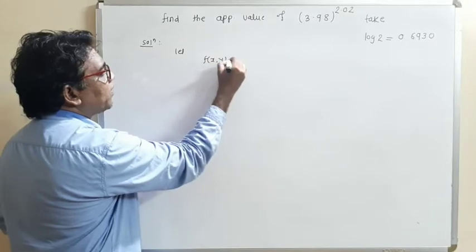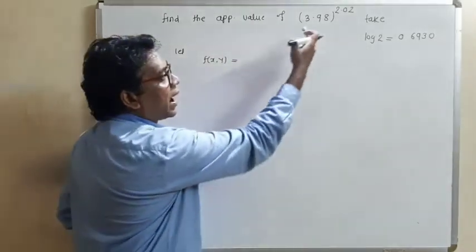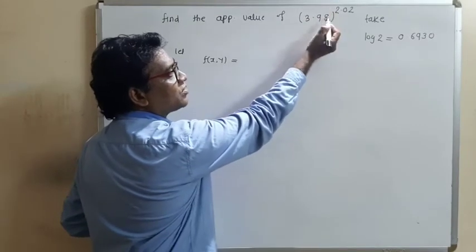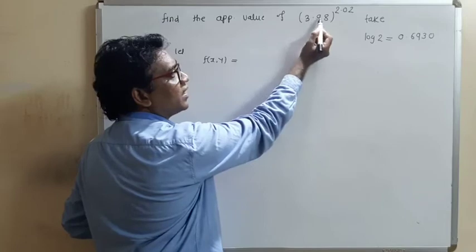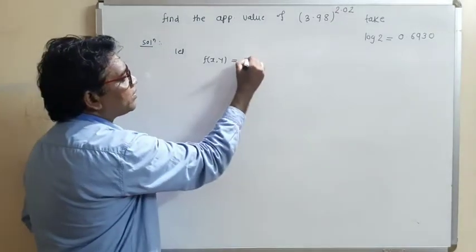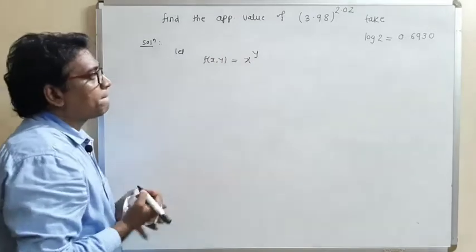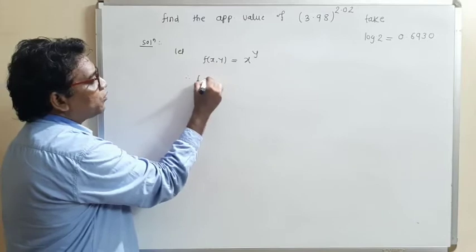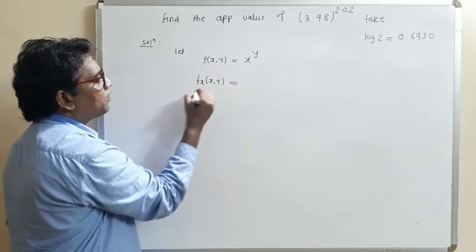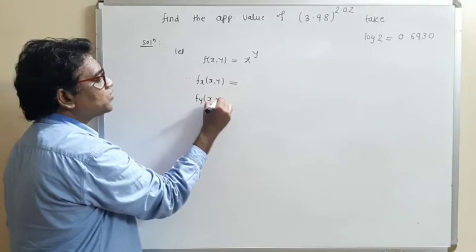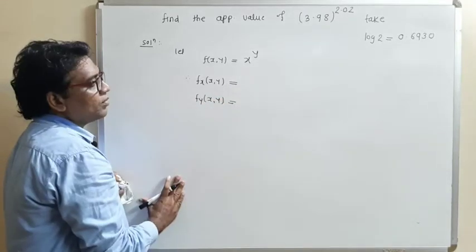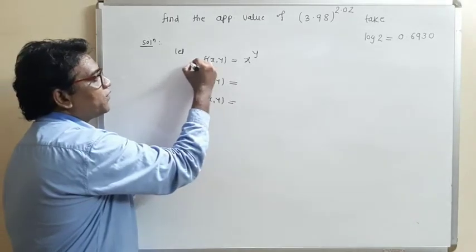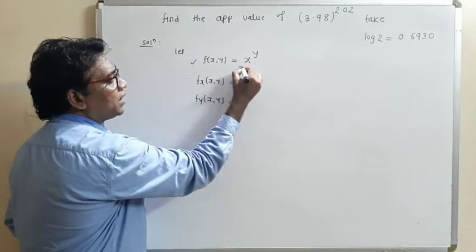So this is our given function. So what is our function? Identify the given function. This just looks like x raised to y. Suppose this is the x, so this is x raised to y. So this is our given function, x raised to y. Now from given function f, we have to find out the partial derivative fx and the partial derivative fy. So how to find out this fx?